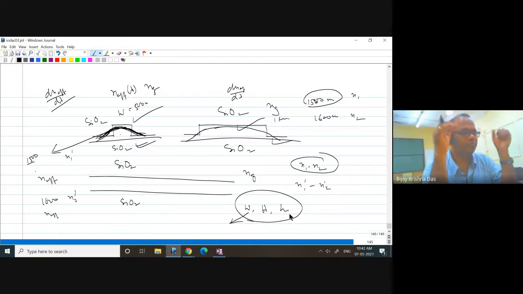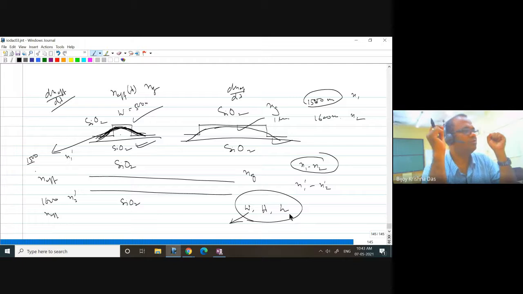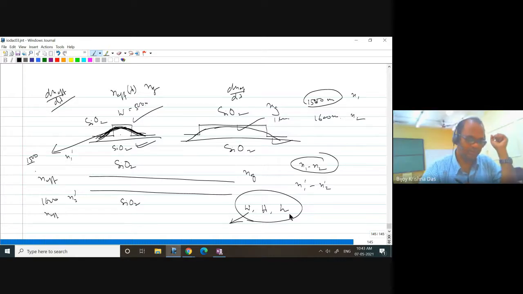Sir, for W, we said that because the wavelength is near to W, in the order of W, those values are near, then qualitatively we could say that W equal to 500 nanometers would be affected more. But how do we explain qualitatively for H, capital H and small h? Similar, because normally you have to compare with the lambda.